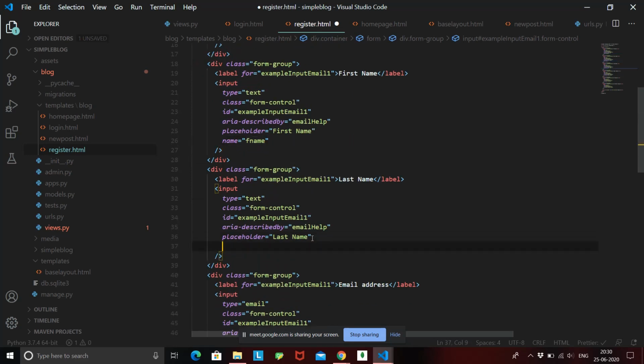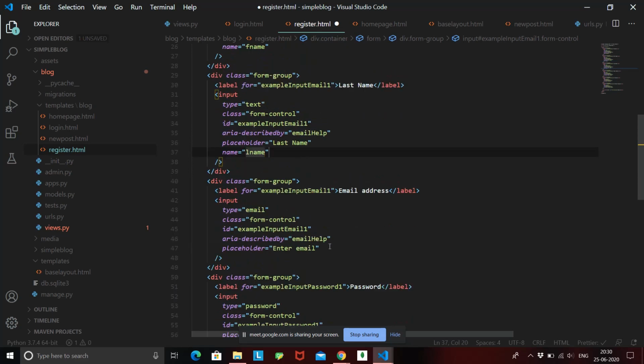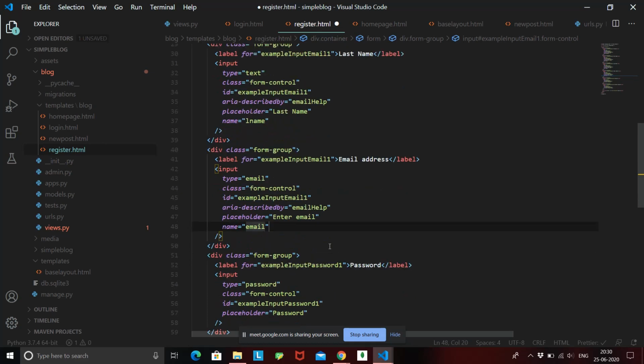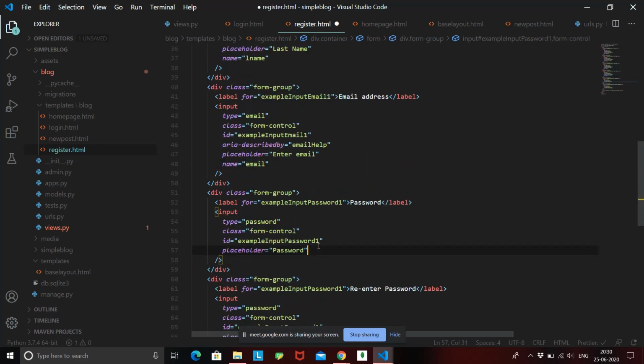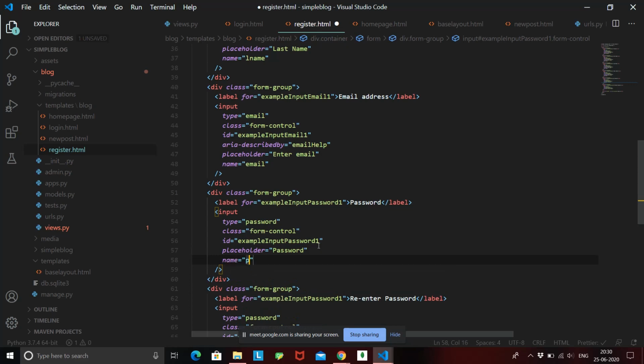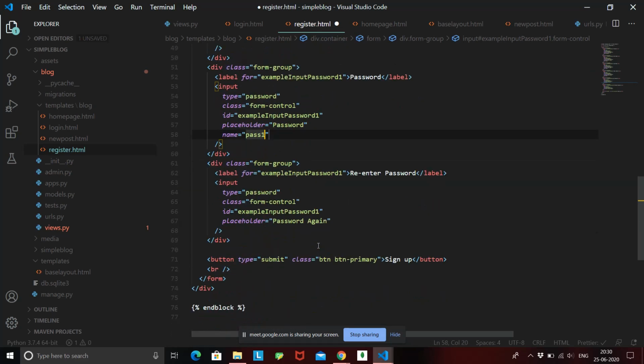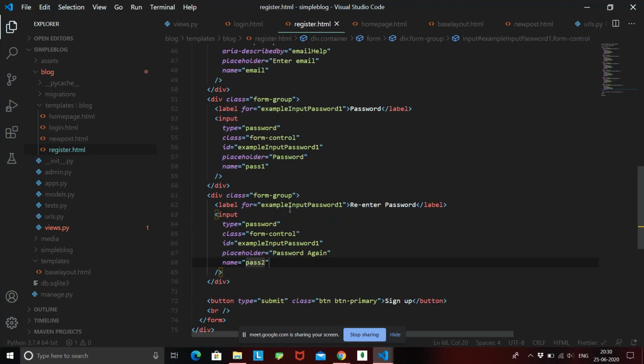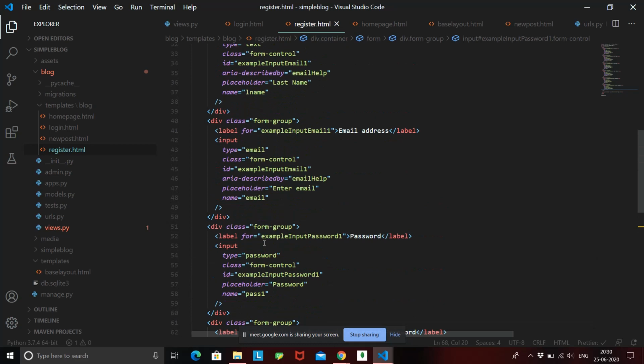Then we have name equal to lname, meaning last name. Email, I'll give it name as pass1 because this is the first password, and I'll say name equal to pass2, this is the second password. Okay, so right now we have names for all the fields that we have.